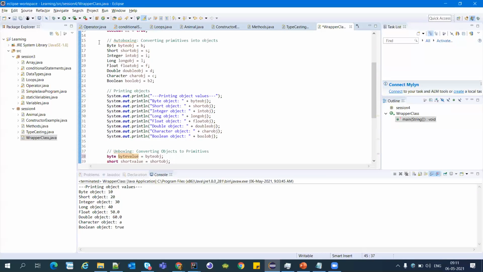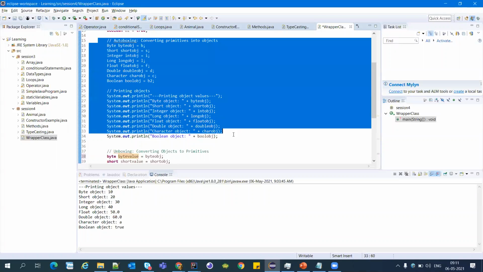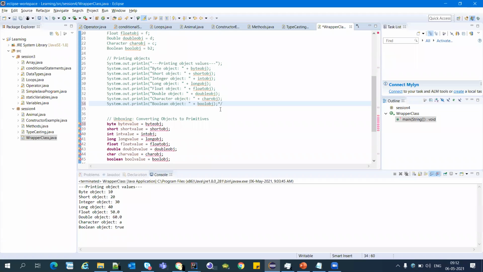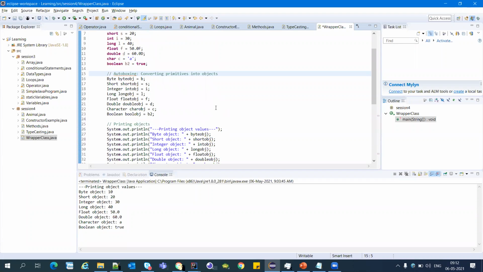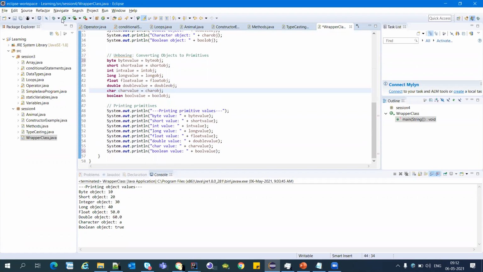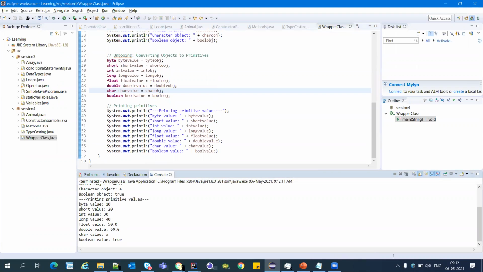Actually, in a single line of code, we can just autobox and unbox, so you have to remember this step. I will execute it and show the unboxing. Yes, printing.